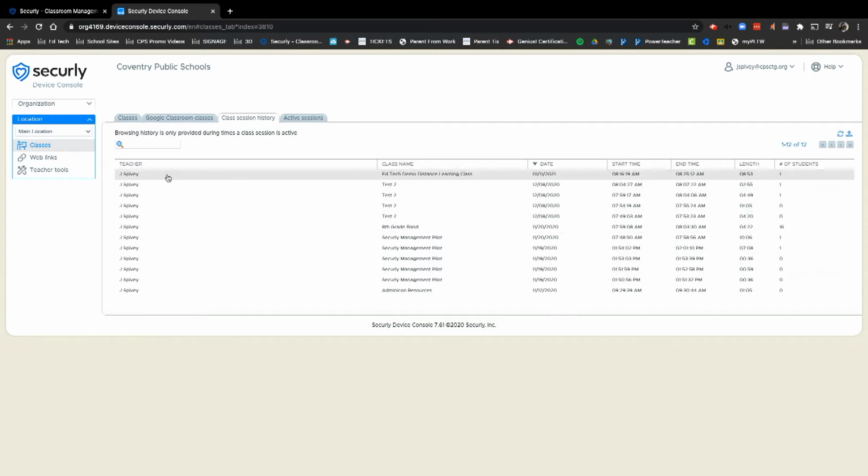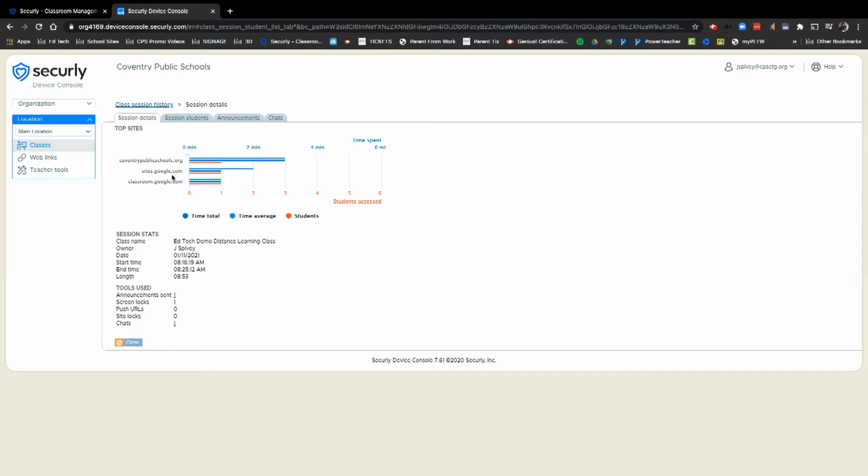If you click on any of them, it's going to take you right to a screen where you can look at the session details. In the session details, it's going to tell you the sites that students had accessed during that session and for how long they were on each of those pages. So this is going to be very, very important when you're looking at specifically what site students were looking on and for how long. If they were supposed to be looking on Google Classroom, but Coventry Public Schools site,